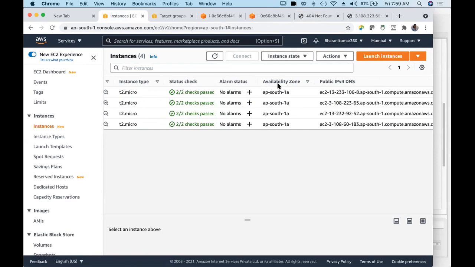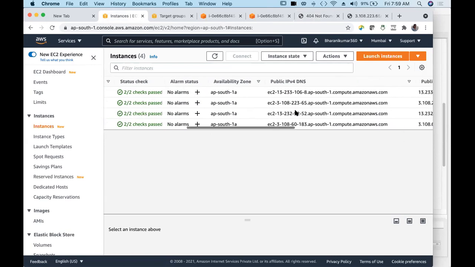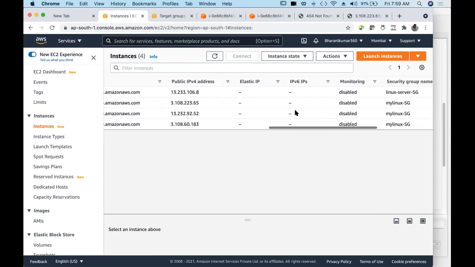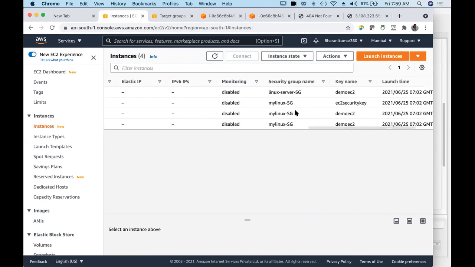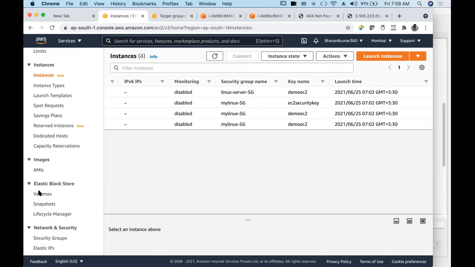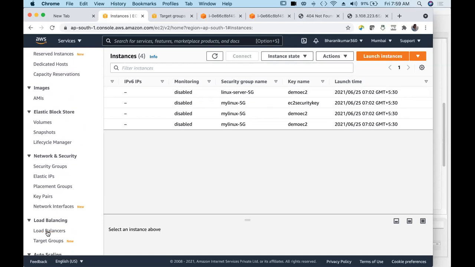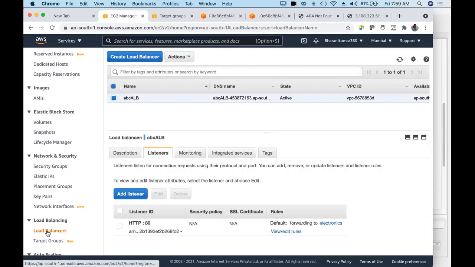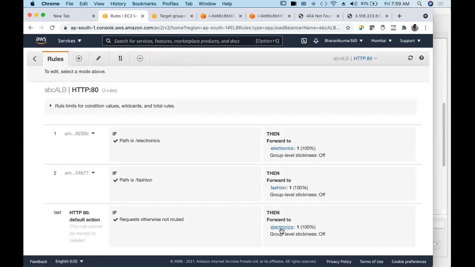Availability zone is not a problem. Okay, it takes some time.